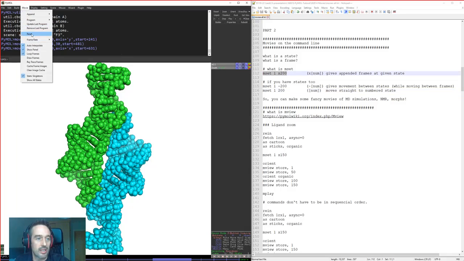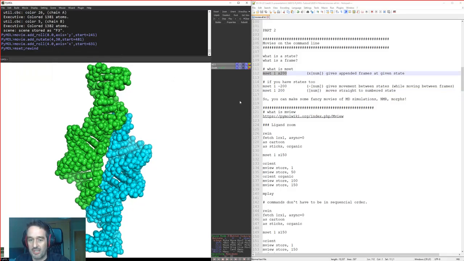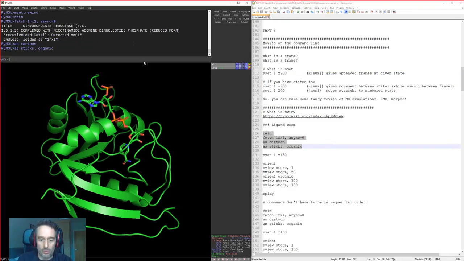So let's reset this here, and let's fetch in a molecule of interest. The standard format here is that if you have nothing preceding the mset, you can either have an X or a hyphen. If you have nothing here, this says start at frame 1, and if you have X and then a number, it just adds that many frames. So if we say mset 1 x 200, in fact we'll do mset 1 x